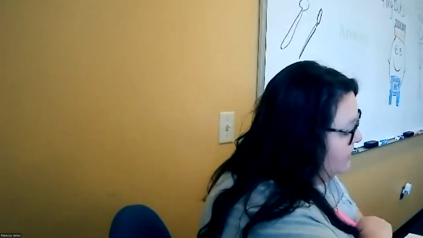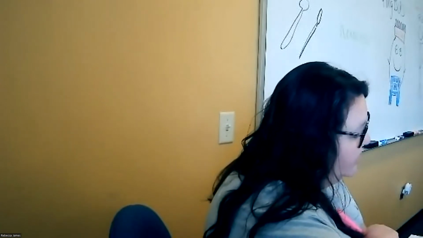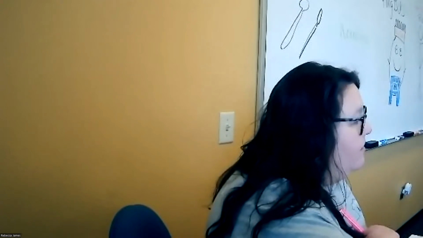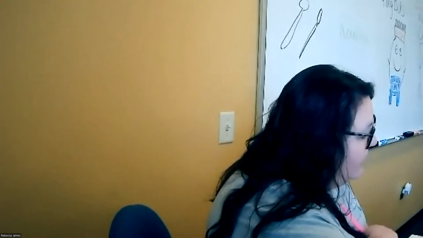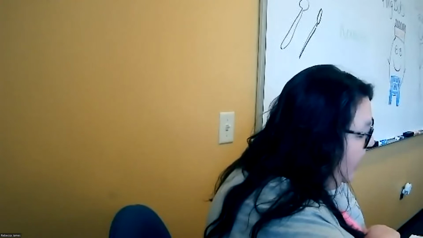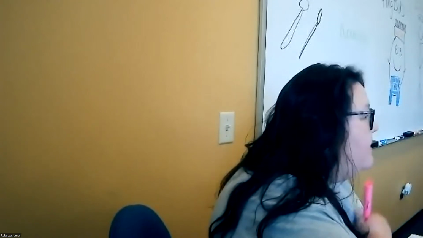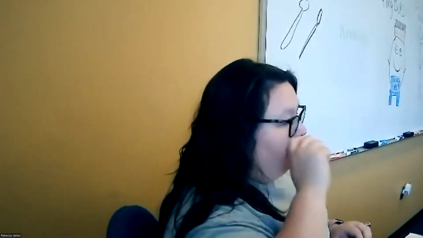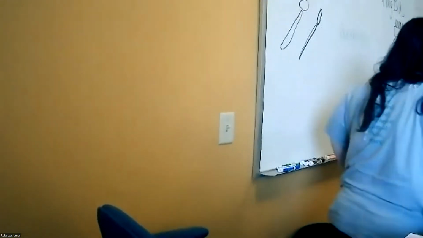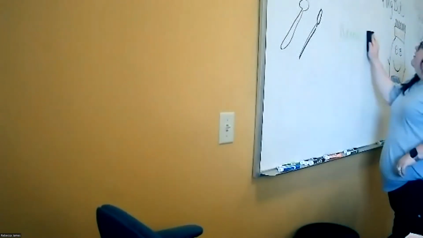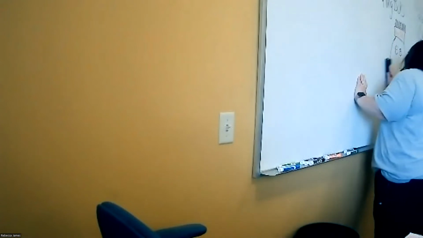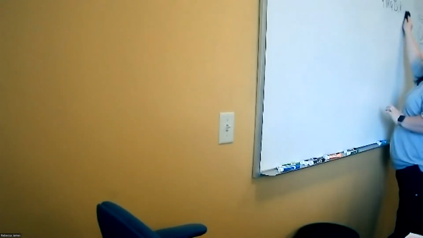With this type of administration, the blood drug concentration oscillates between a maximum level and a minimum level. The maximum level is called peak drug concentration, and the trough is the minimal level. You need to know that. So, we're going to talk about the different types of drugs in a minute.